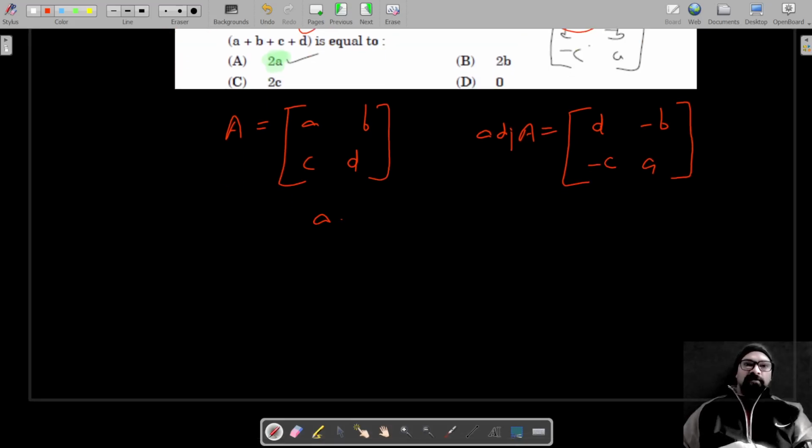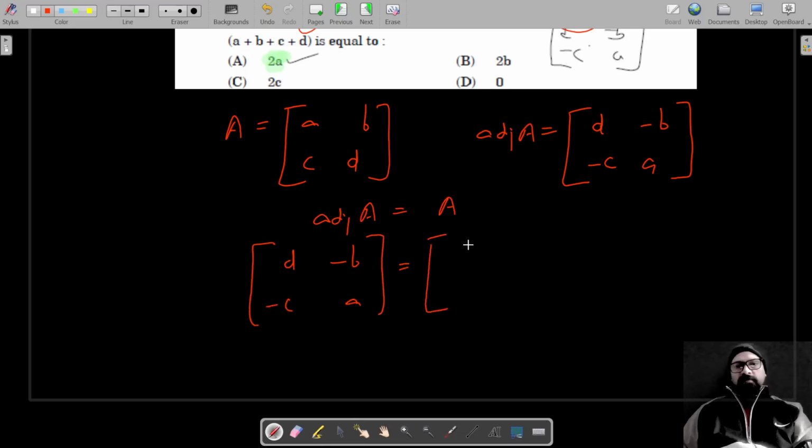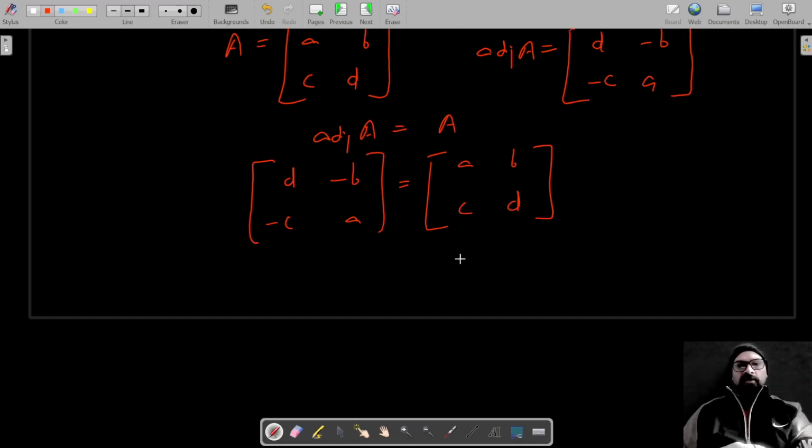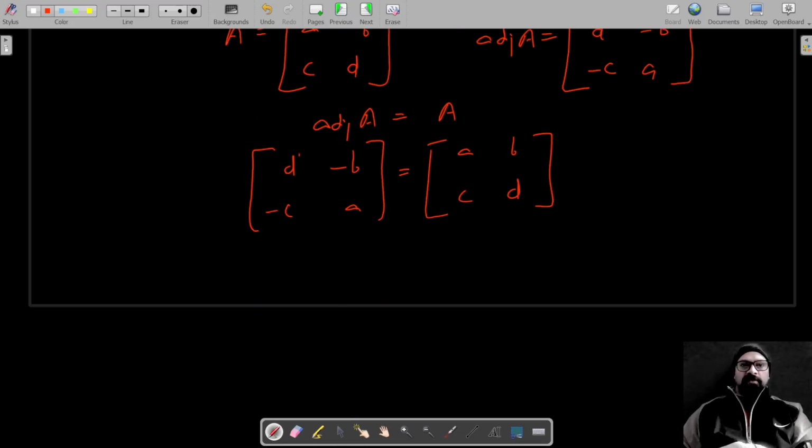Now it's given that adjoint of A is equal to A, so let's equate these two matrices. When two matrices are equal, their corresponding elements are equal. So a is equal to d, negative b is equal to b, and negative c is equal to c. That means b plus